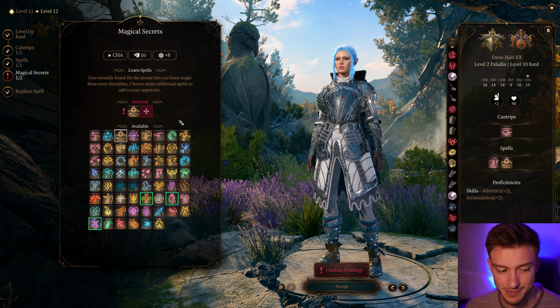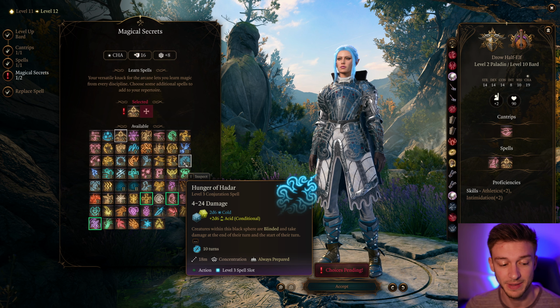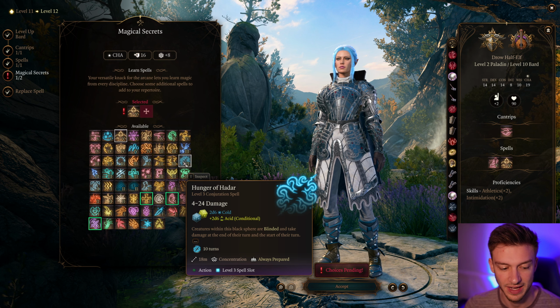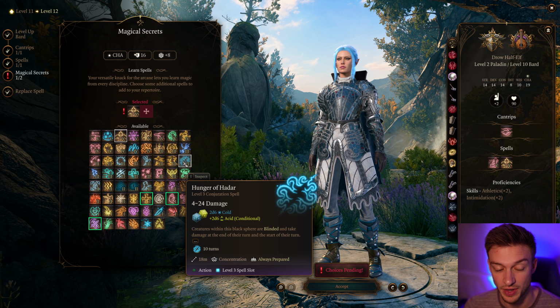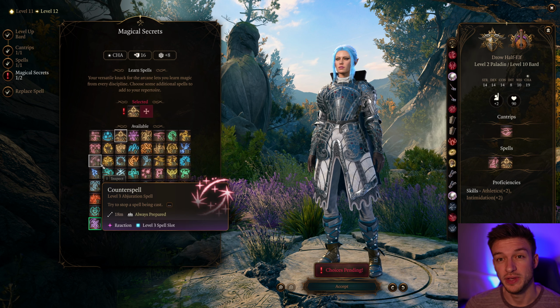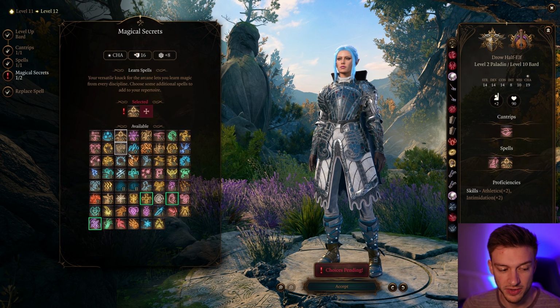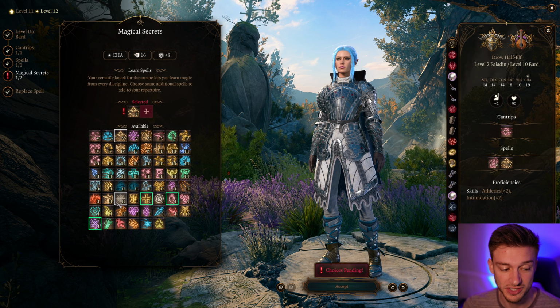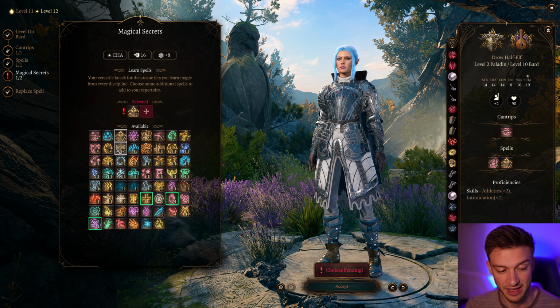And for the second spell, this is where things are different. Hunger of Hadar is an amazing choice. It gives you the blinded condition and knocks them prone at the end of their turn, and they take cold and acid damage. Counterspell is always a good one, but we don't really want to be burning up our spell slots we want to use for smites on that, so I'm not going to take that. But I think, personally, the Spiritual Weapon can be a good one too, going back in levels,